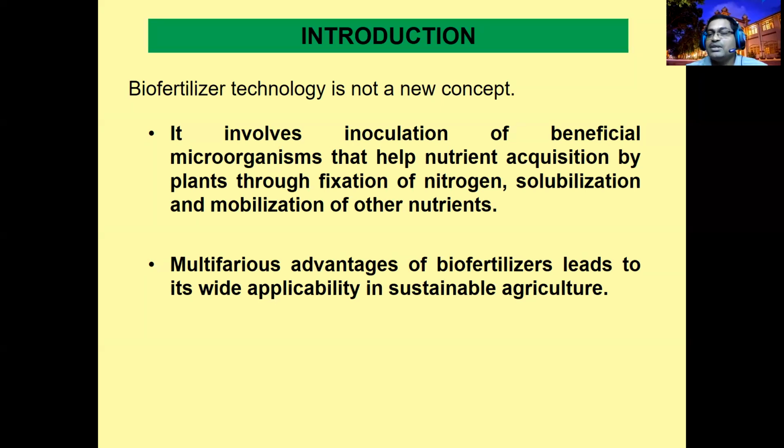Only nitrogen can be fixed. Others we cannot fix, but we can solubilize and mobilize the other nutrients; only nitrogen can be fixed. For solubilization and mobilization of the other nutrients, we can use these bacteria. For example, in Pavala, you can expect a tremendous amount of rock phosphate. The plant cannot absorb the rock phosphate. If the plant wants to absorb it, somebody should help to convert it from immobilized into mobilized form.